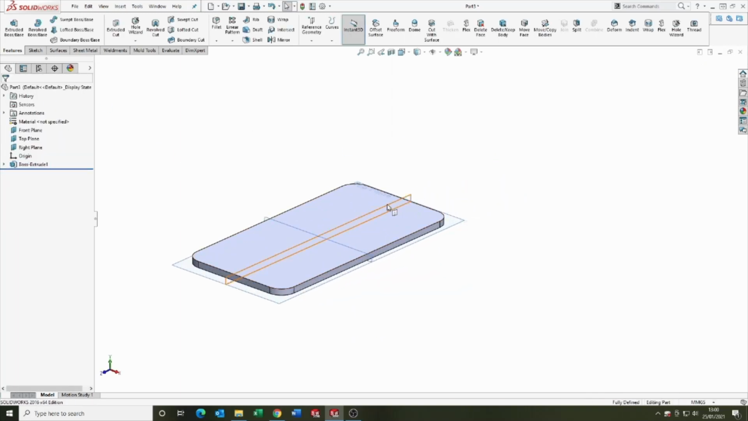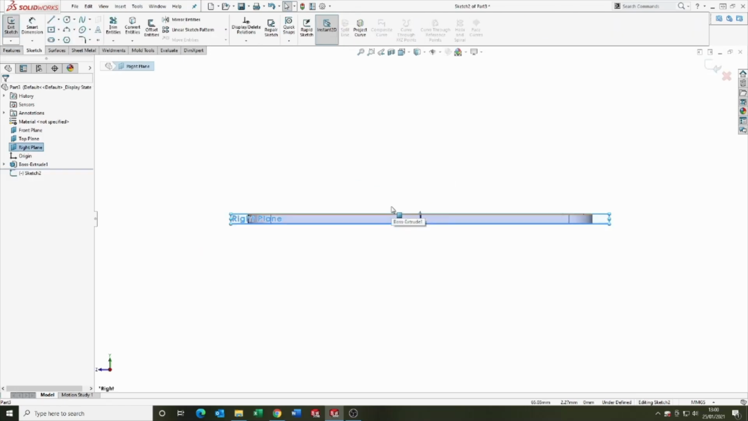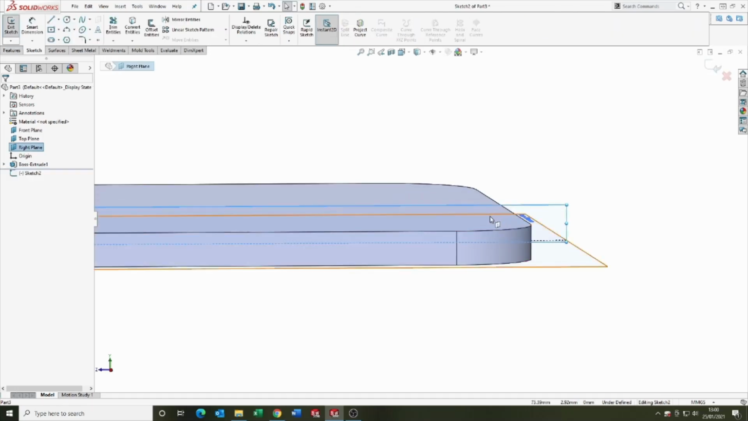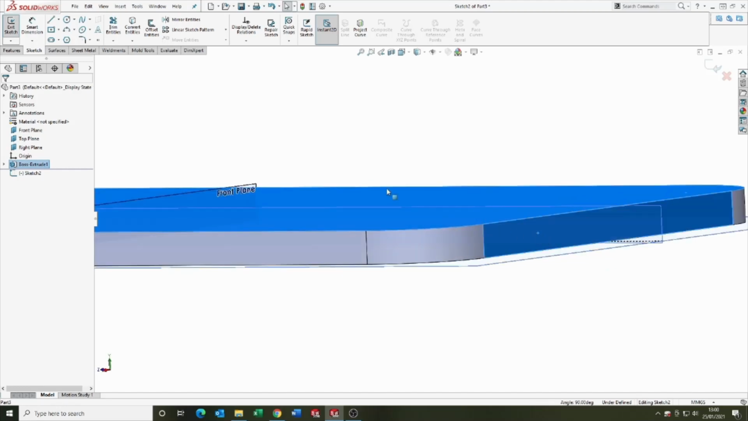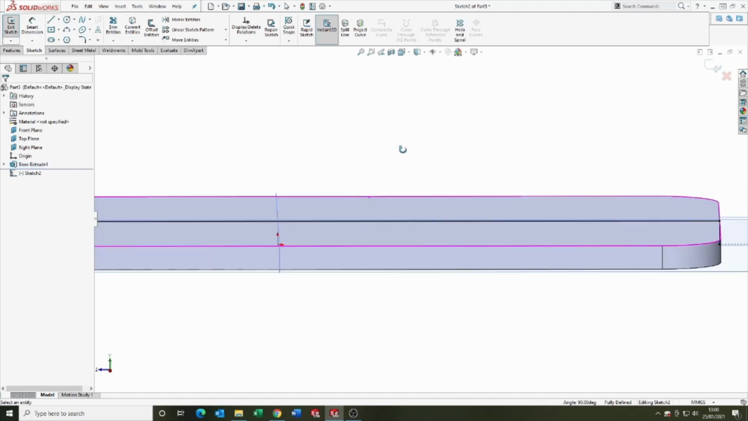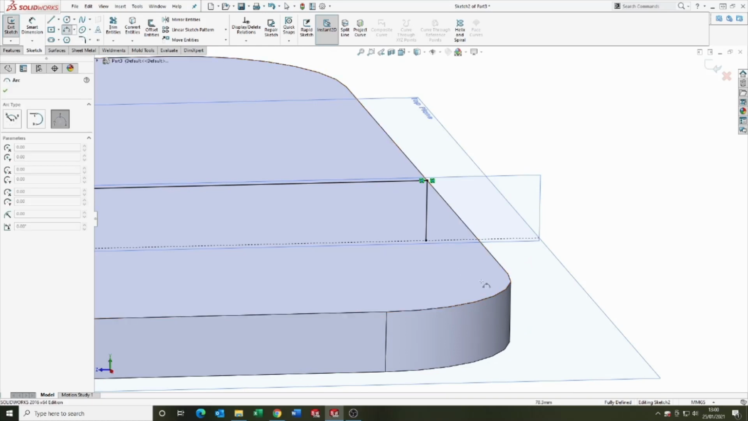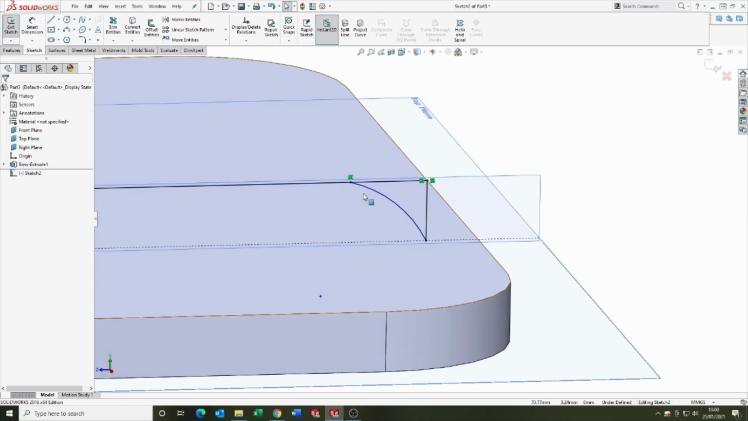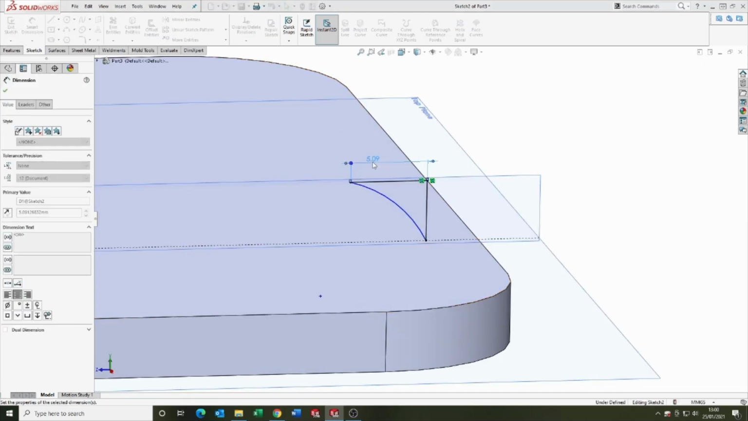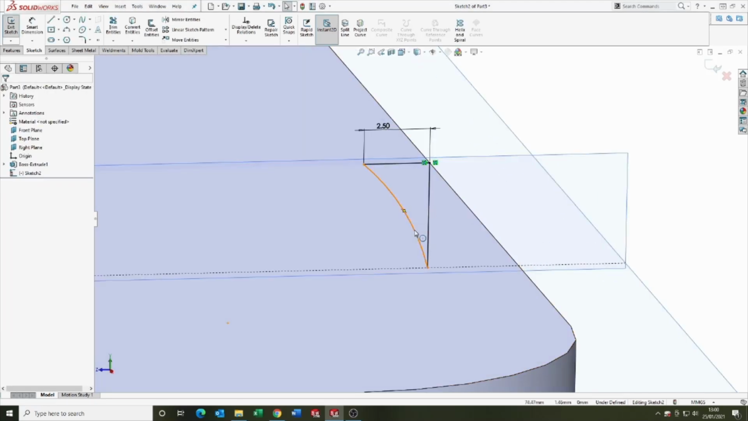I'm going to select the right plane. I'm going to use the intersection curve tool, select two faces and click on the intersection curve, and that will give you the intersection sketch between the plane and the body. Select the 3-point arc, make the width 2.5 and make it tangent to the vertical